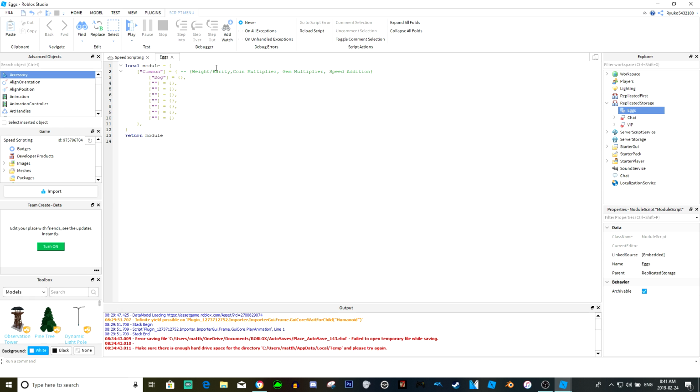And basically what it would be is the weight would be 1, coin multiplier would be 2, gem multiplier would be 3, and the speed addition would be 4. So if you ever wanted to access the dog's gem multiplier, it would be value, so whatever the value is, which is dog, and then 3. So it would look like,